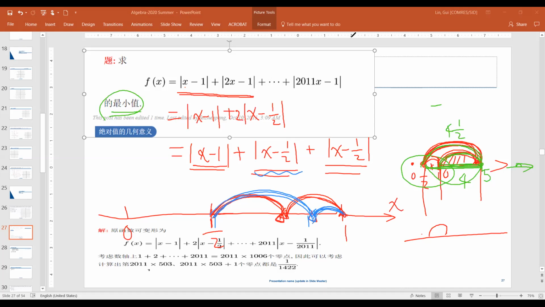This part's distance plus this distance is always the same, which is half. But they add another this part. So if you move to this side, all of them become bigger, right? If you move this distance to the left part,